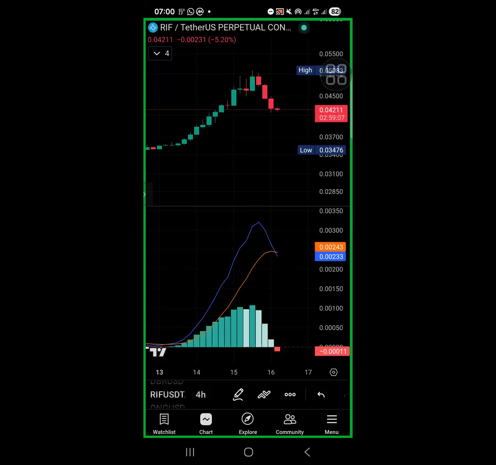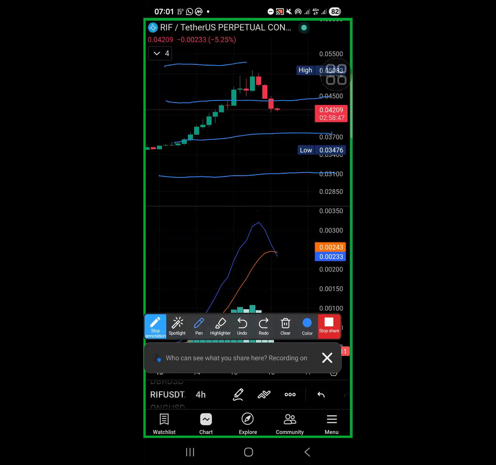bring a second witness, or probably a third witness, which is an indicator. When I say second and third witness, the first witness is the one that you do on top here. You are going to learn how to draw lines that are called support and resistance lines, that are going to help you if the market is coming from the top, coming down here. How are you going to trade if you are trading futures? That's when you are going to learn how to bring these lines, which are called support and resistance